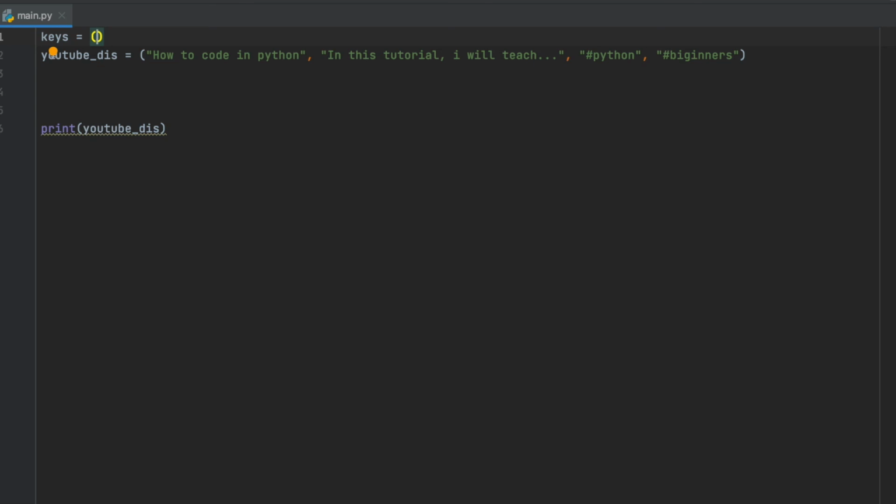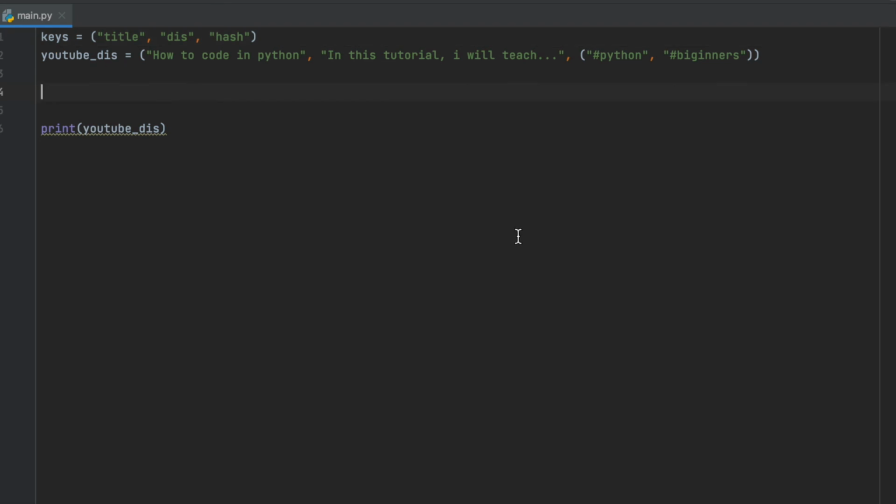So I can have, let's say, title, description, and then I'll have my hashtags. And let's see if this will work if I combine these again. Okay, and so I have those two. So 1, 2, 3, 1, 2, 3. So just making sure I have the same amount in each tuple.